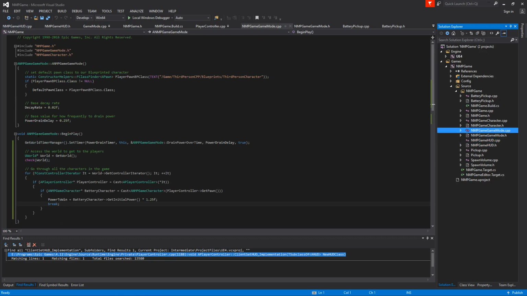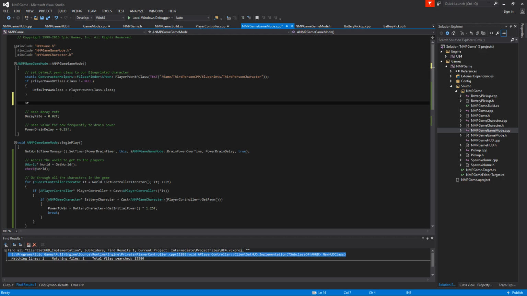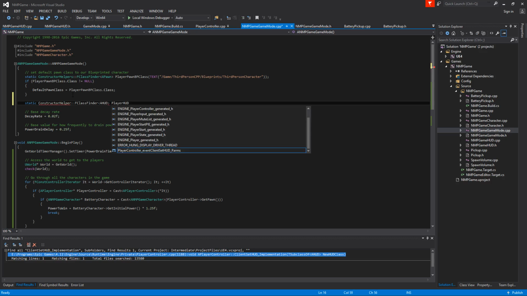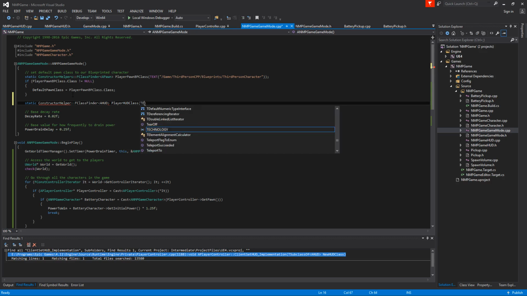Then we'll switch back over to Visual Studio, and here we'll go into our game mode and we're going to set the HUD class just like we do. You can see the player pawn class is set up above. So we're going to call static constructor helper F class finder, but this is type A HUD, and then it's the player HUD class, and we'll pass in a text macro, and this is where we just